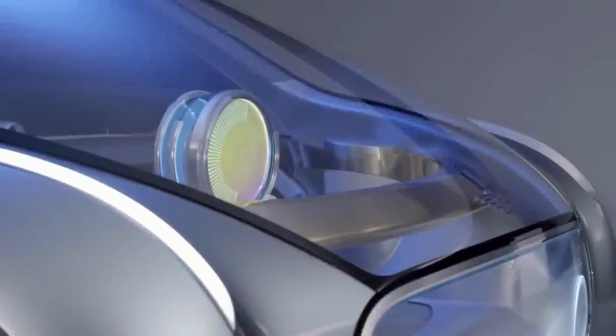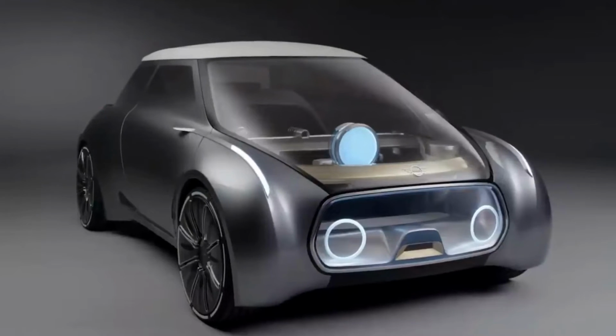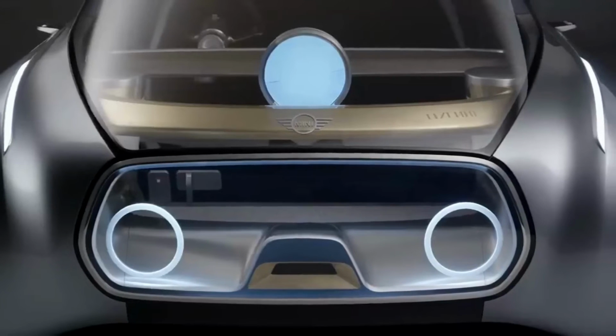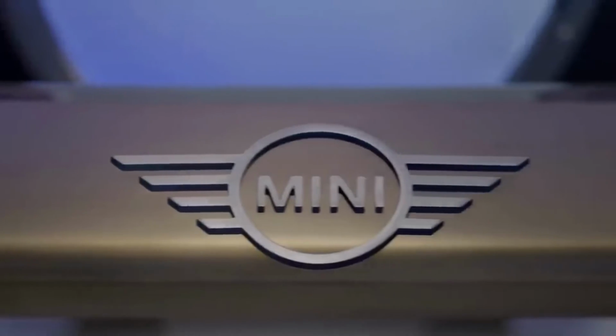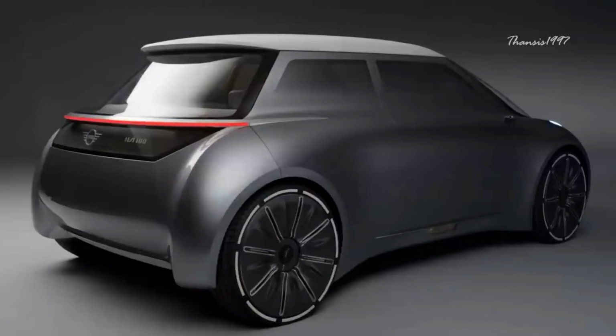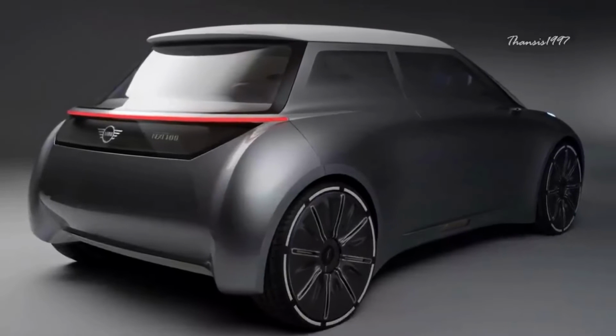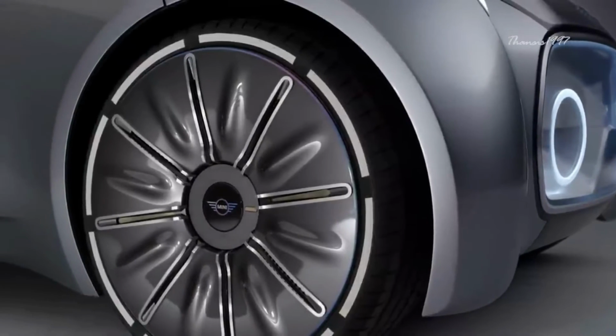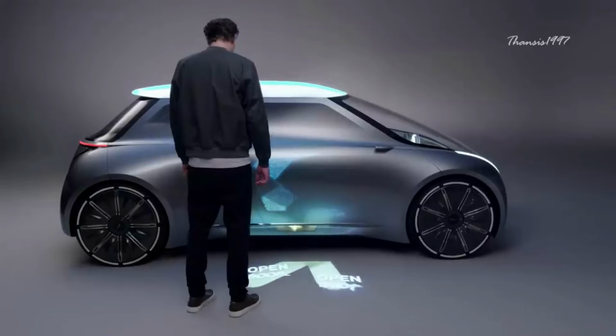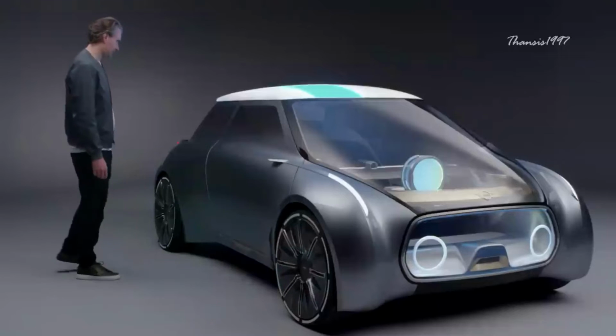Mini Vision Next 100. Another Vision Next 100 series to make it to the list is from Mini, which alongside the Rolls-Royce is owned by BMW. Mini's version of the concept car focuses on connected digital intelligence, meaning the driver will be able to call or summon the car from any location, anytime, any day. The car will pick up the driver in the desired spot and automatically adjust all the settings to match the